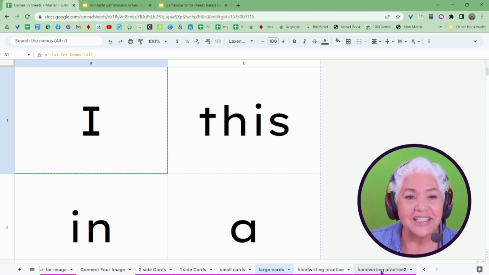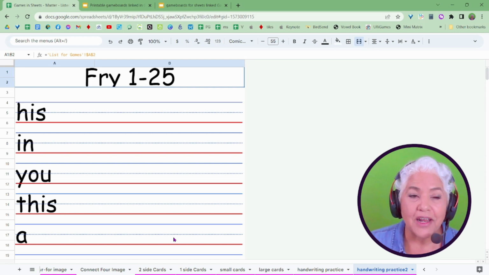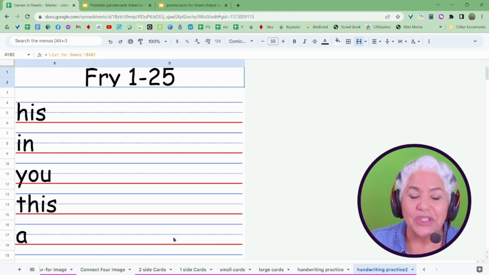In addition to this, I have handwriting practice. Now, Google Sheets, Google products does not have a good handwriting font, but the Comic Sans is decent. So you can use this if you want to have a handwriting practice page. So that's an overview of the Google Sheets Ultimate Editable Game Pack, what's included. You have, in addition to all of this,